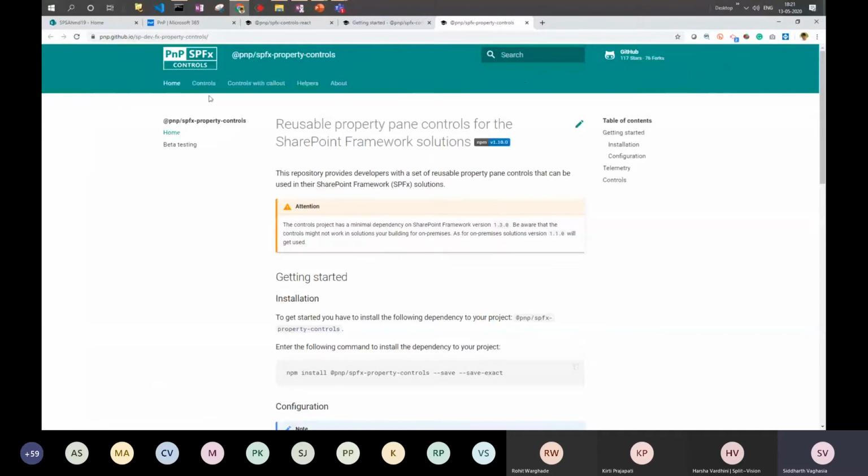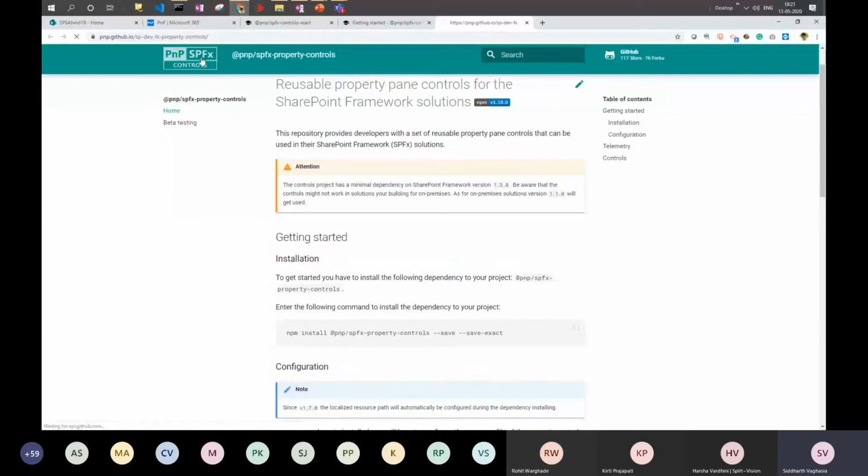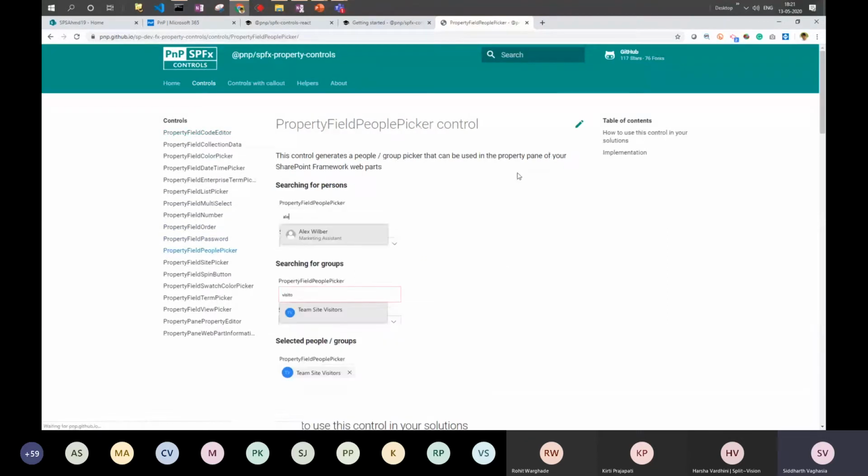All other things remain the same, like the installation part and everything. There are more than 10 controls available here. For example, we can use the people picker control in our property pane.